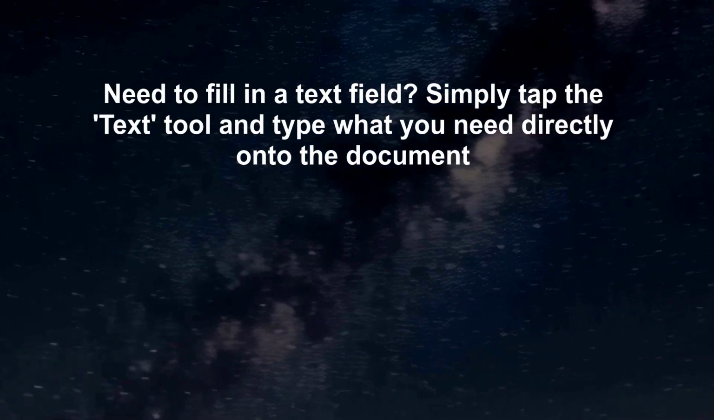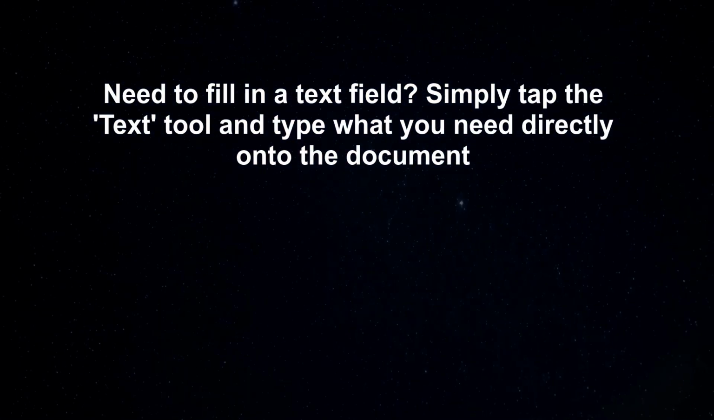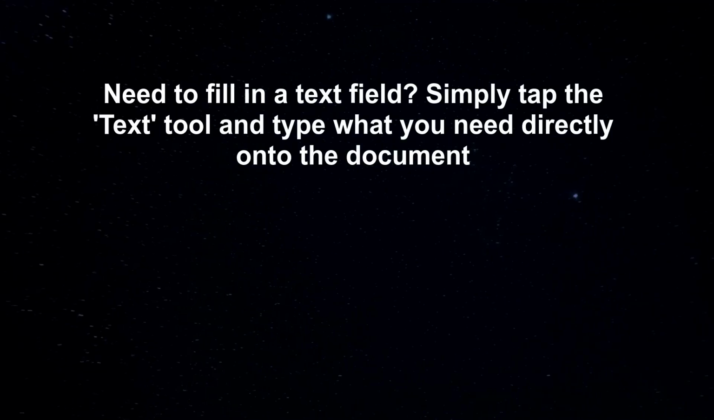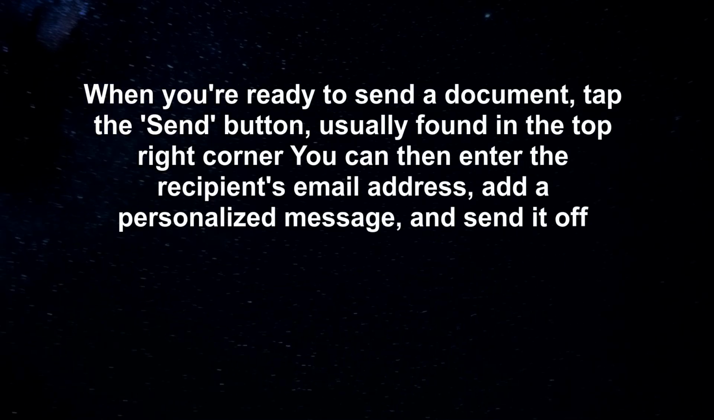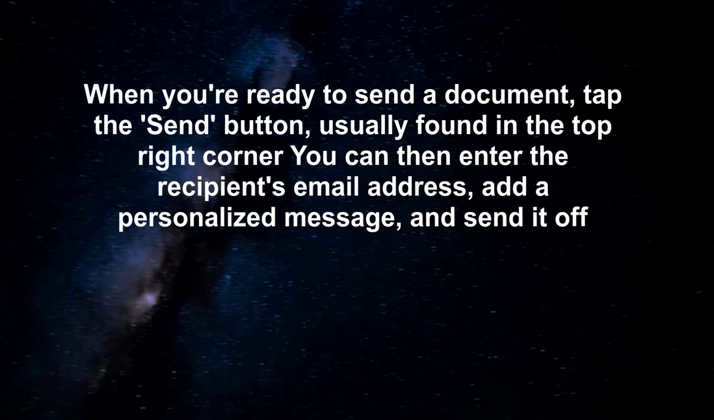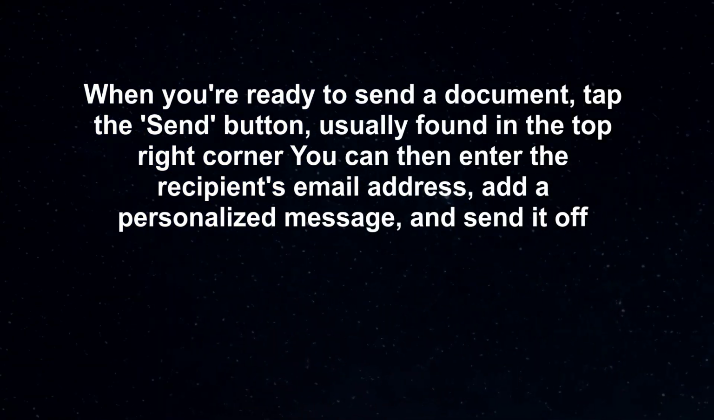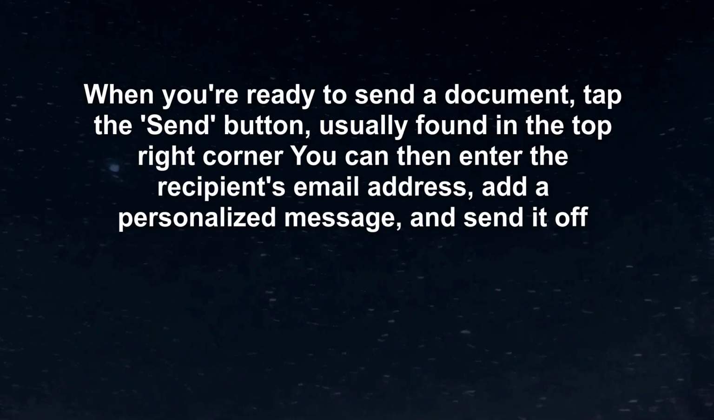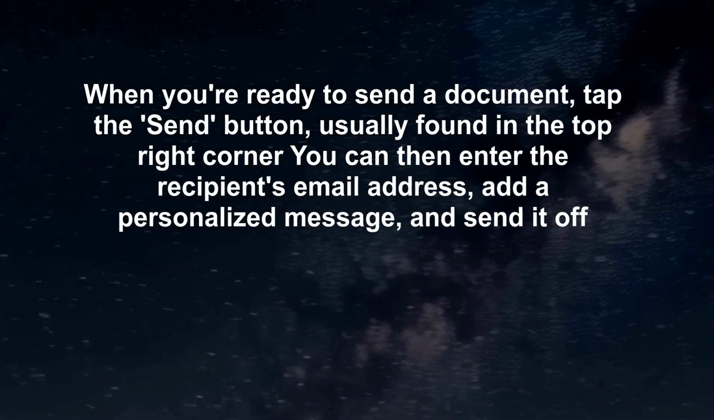Need to fill in a text field? Simply tap the Text tool and type what you need directly onto the document. When you're ready to send a document, tap the Send button. Usually found in the top right corner, you can then enter the recipient's email address, add a personalized message, and